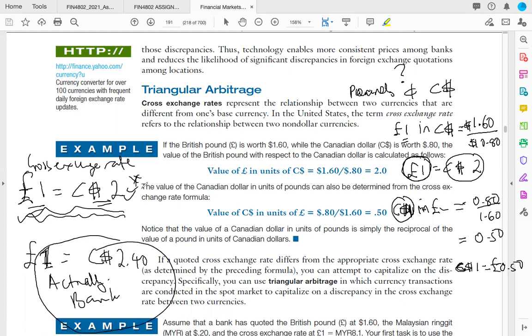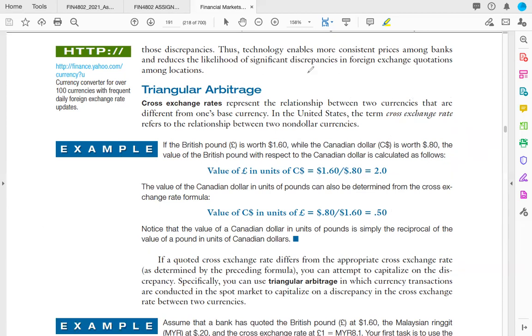Whereas you calculated this. When that happens, we say we have triangular arbitrage. When the cross exchange rate between currencies, calculated using these formulas, is different from what banks are actually quoting, it means we have triangular arbitrage, and we can try to make a profit from that situation. So in the